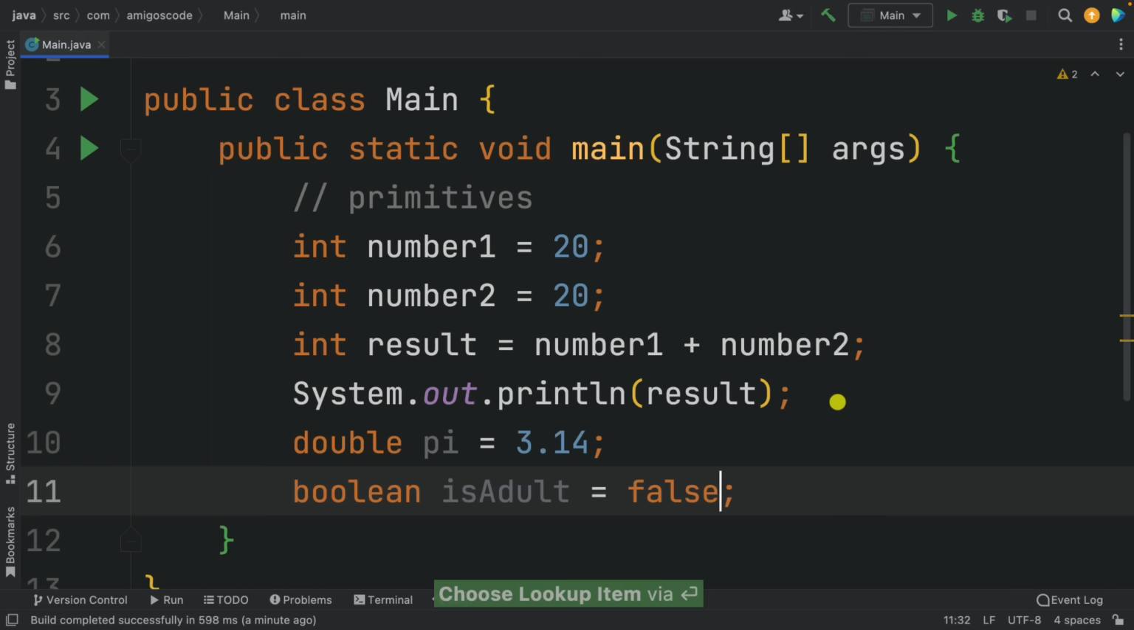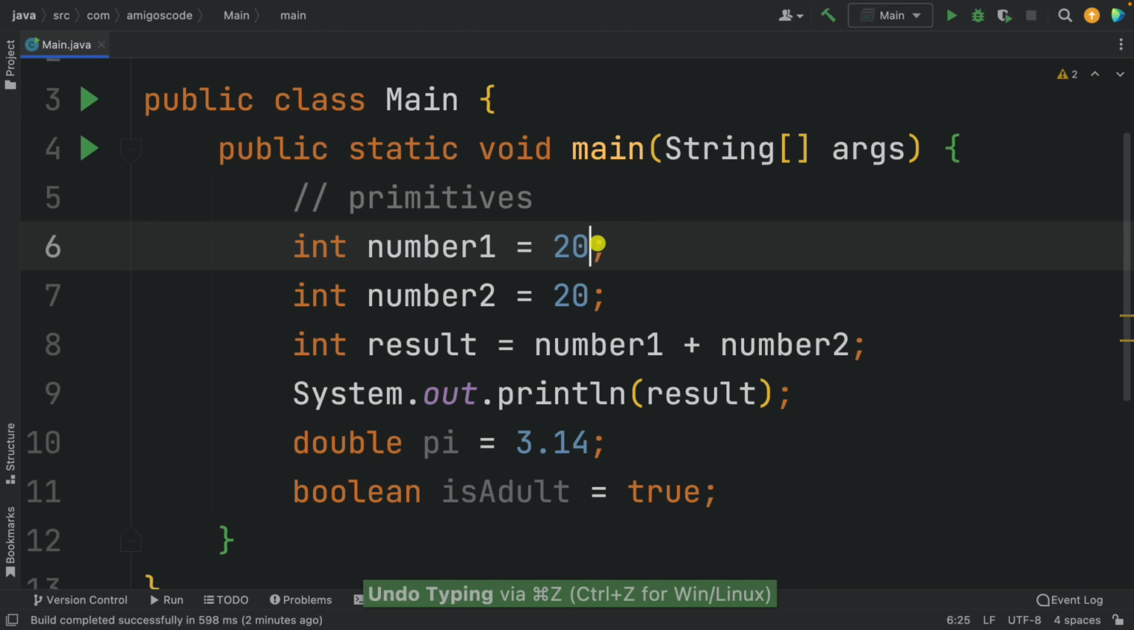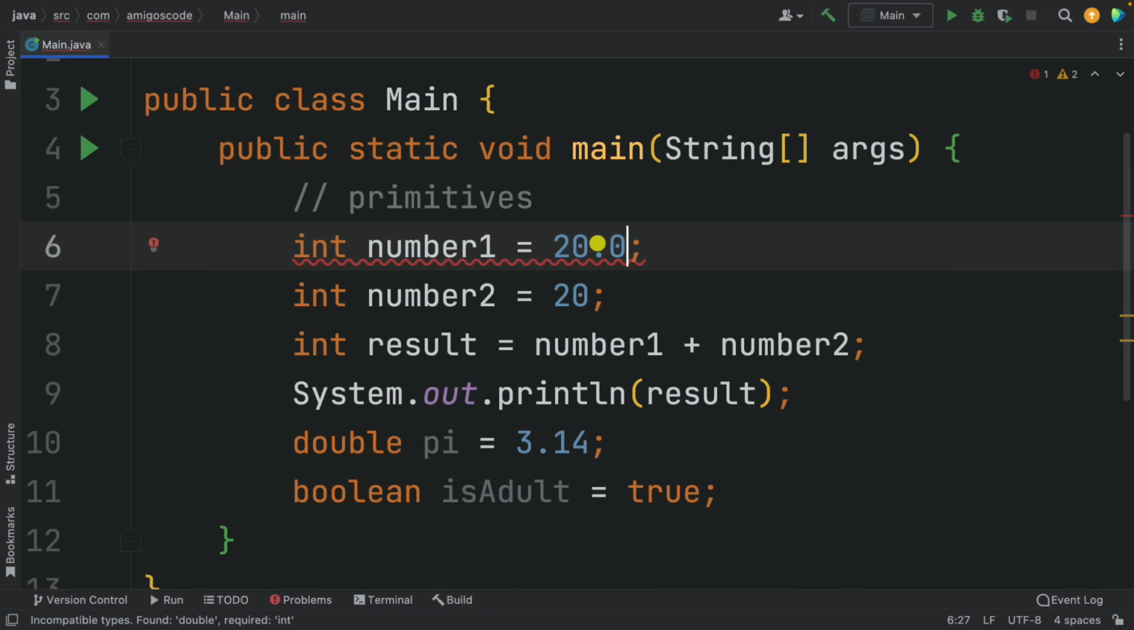So in here, this only takes true or false. If I try and put a number, for example, 3, this doesn't work. So if I say true, and the same here, if I try to put a true value in here, this data type only allows us to store decimal numbers. The same with integers. So if I say 20.0, this doesn't work because an integer allows us to store whole